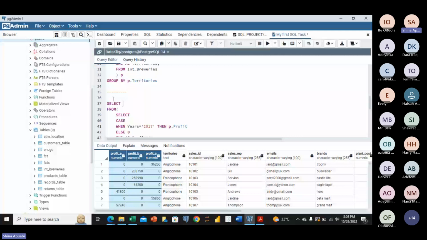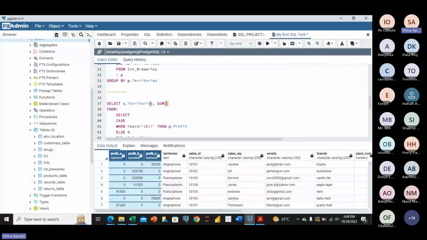So we'll say Q dot, because Q now is the new name we are giving it. Territories. Oh, sorry. So, comma. We are not going to focus on the former profits. So that will be the new one we just created. Sum of profits